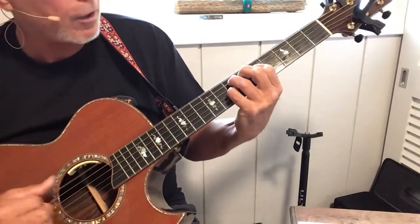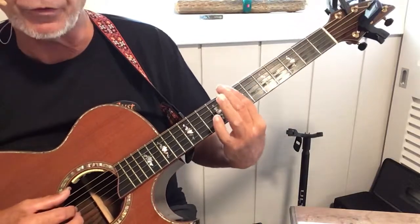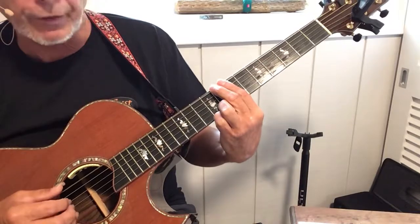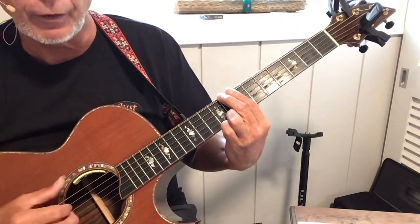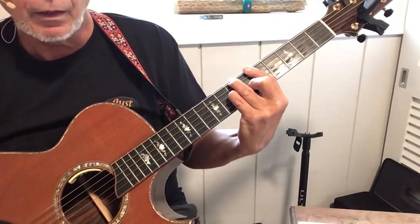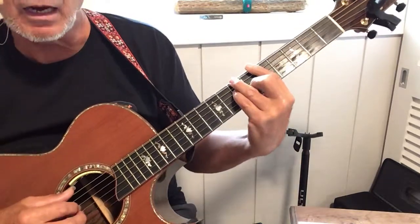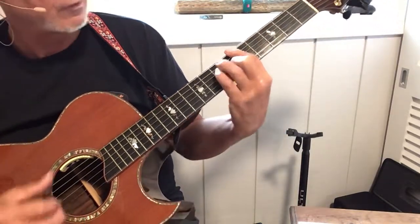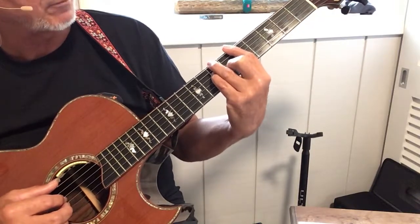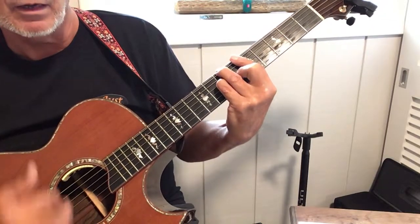Kick off your high heel sneakers, an A7 sharp 9, bar at the 7th fret, and then the 8th fret on the 6th and 2nd strings, A7 sharp 9. It's party time, and that is a B minor 11th. It's like an A chord, only you're reaching over and picking up the B bass. It's party